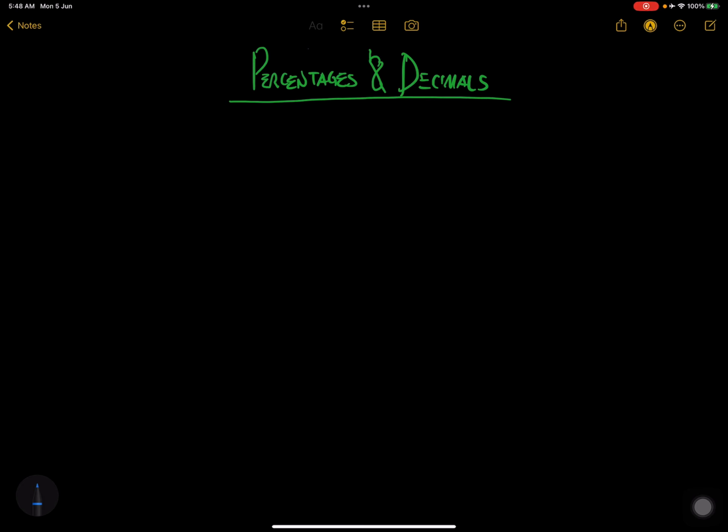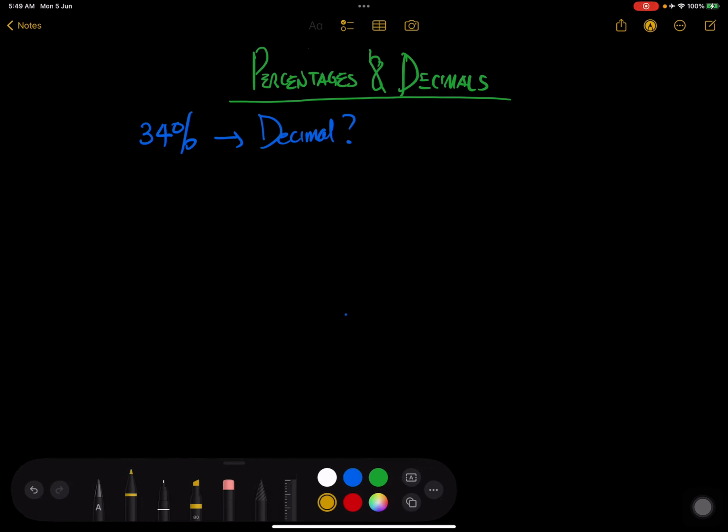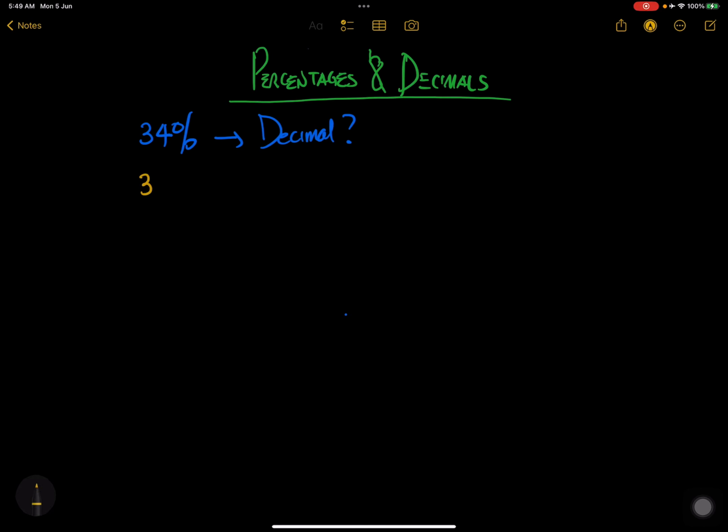Let me start with percentages. Let's say we have 34%. That's a percentage, and we want to see how we can convert it into a decimal. How are we going to achieve that? First of all, we know that we can write 34%